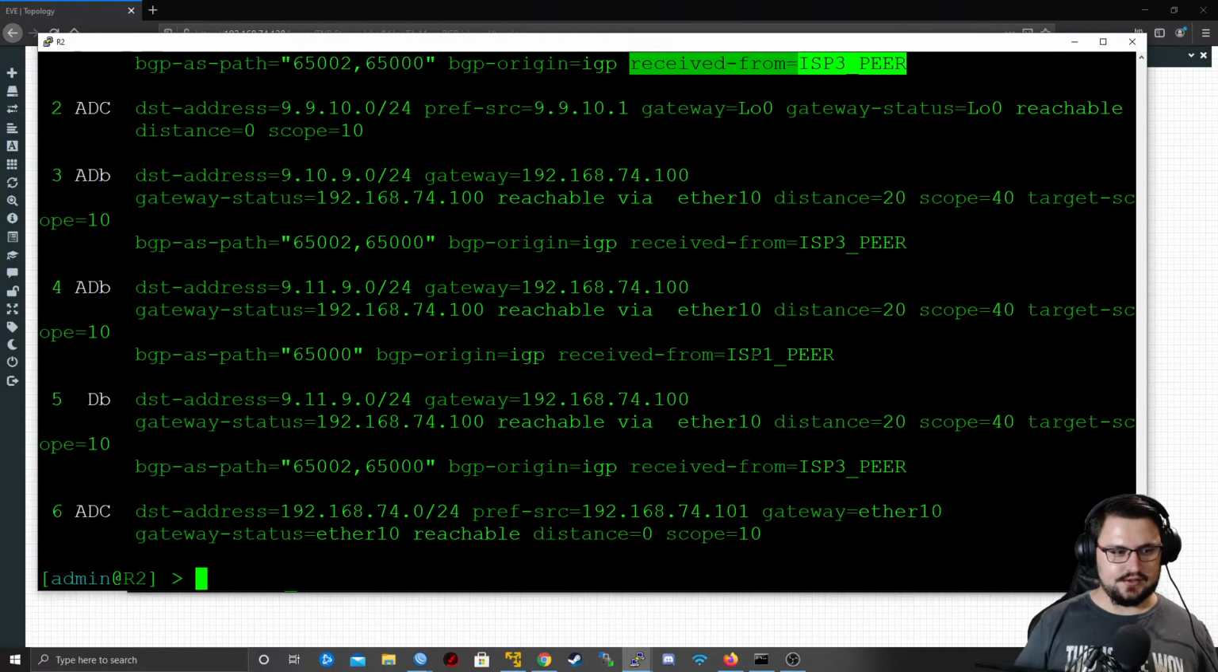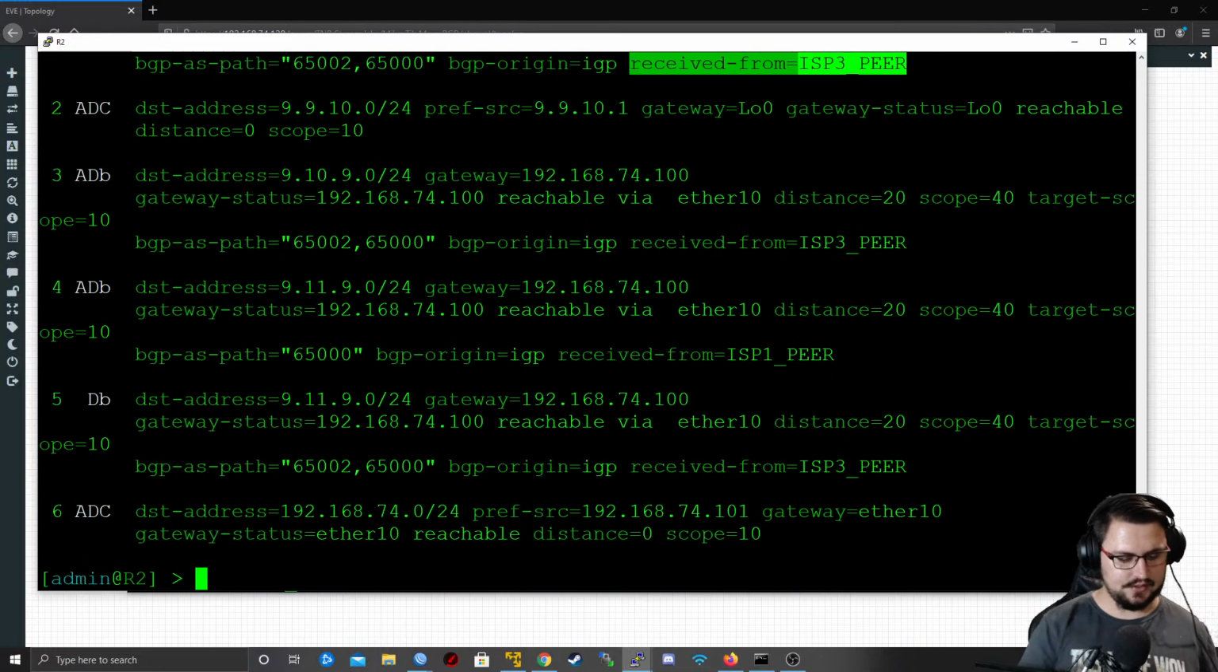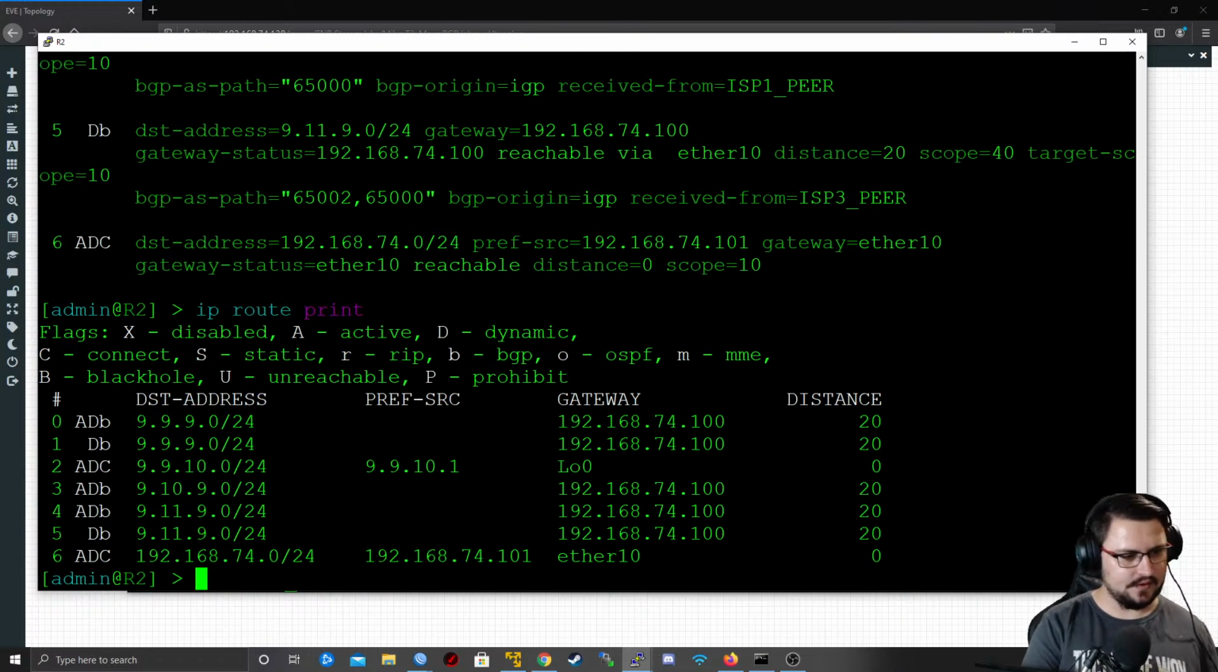So let us just add an in filter on ISP2 on the peer that's connecting to ISP3. Let's look at the IP route print. So all we're going to do is, it's pretty basic to see which routes it is. It's these ones that aren't currently active. So we could just do a routing BGP, routing filter add chain ISP3 in,